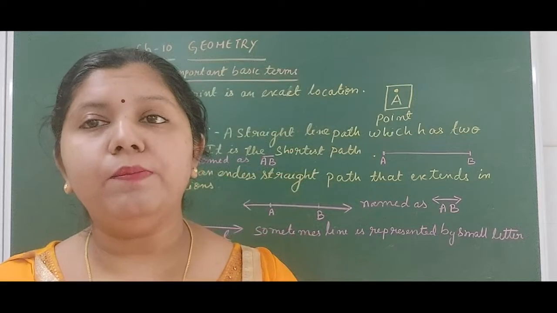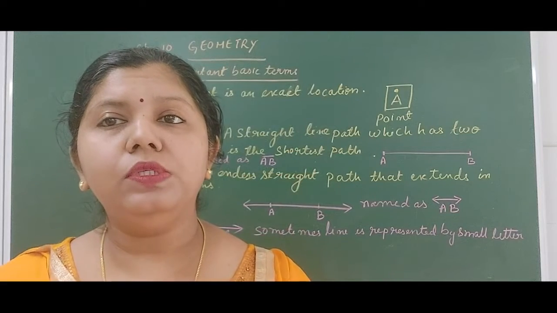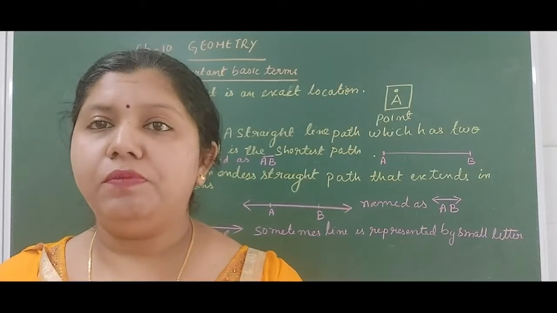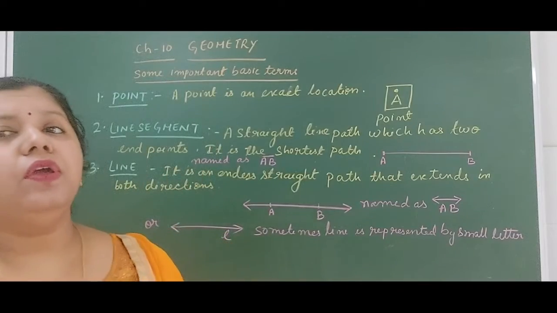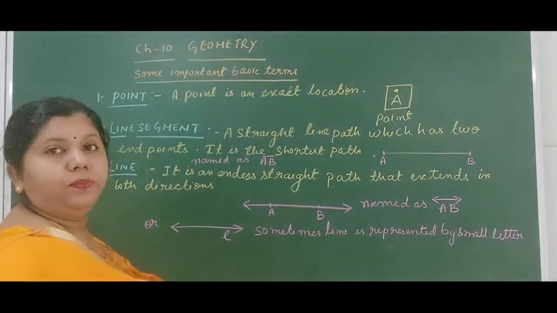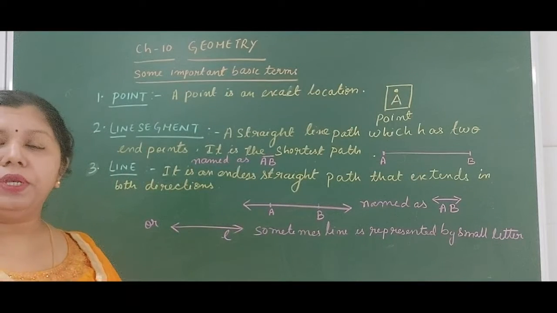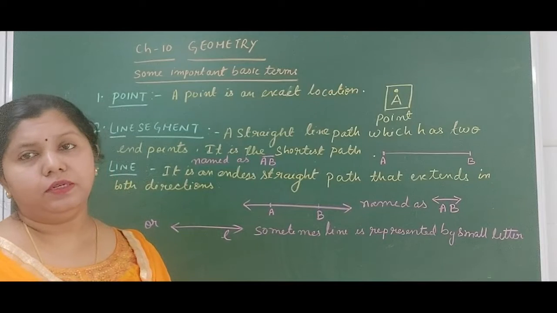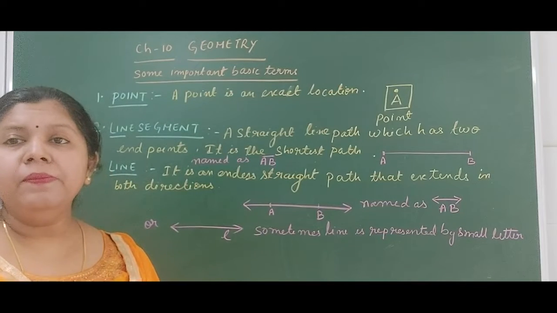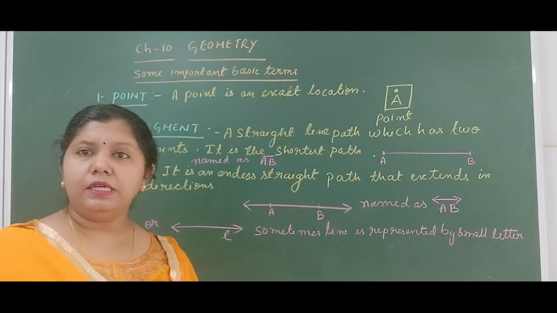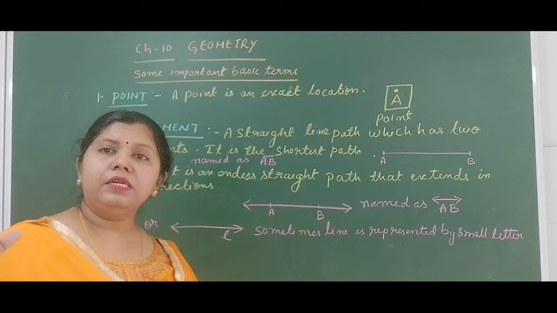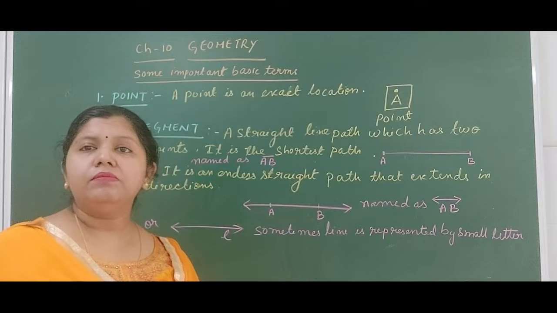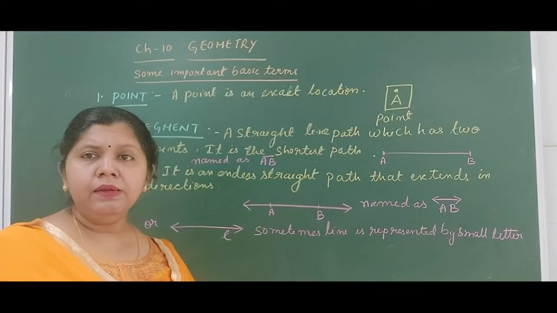About some more important terms which are used in our geometry. Okay, so these are the basics of geometry. The first thing that we are going to learn is point. What do you mean by a point? A point marks an exact location of a particular object. For example, if I see a duster on a desk, the duster is at a point on the plane, that is the desk.